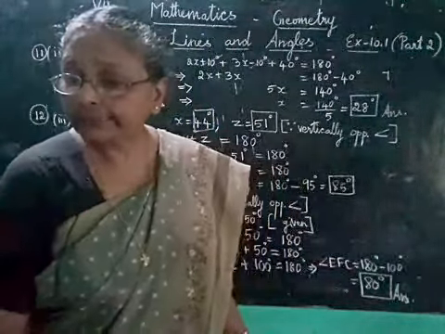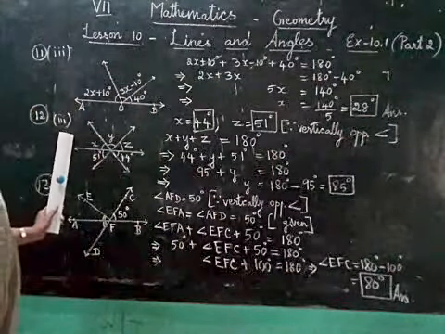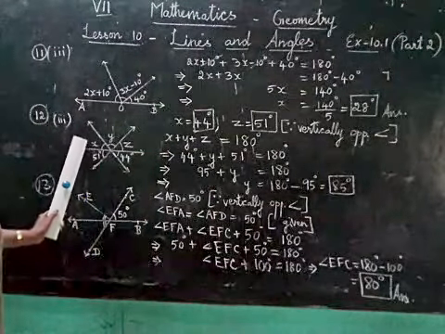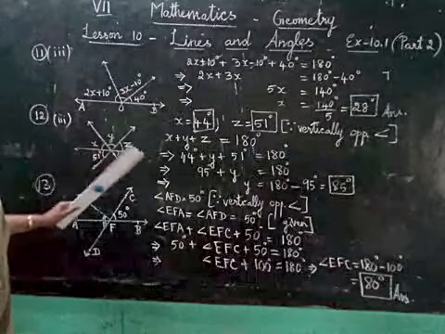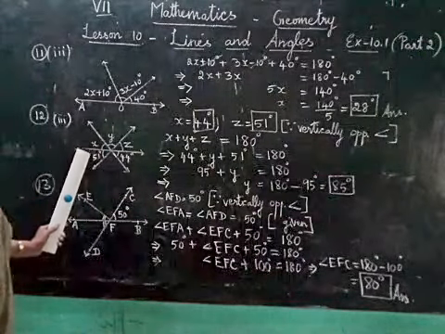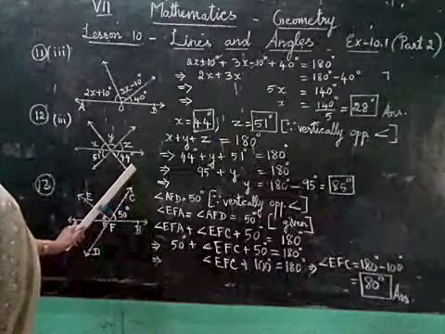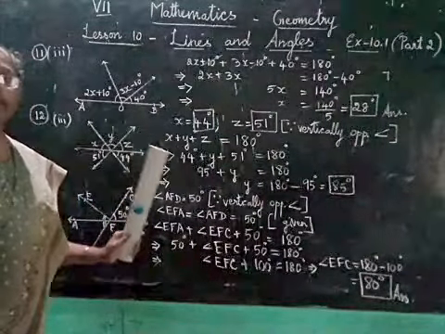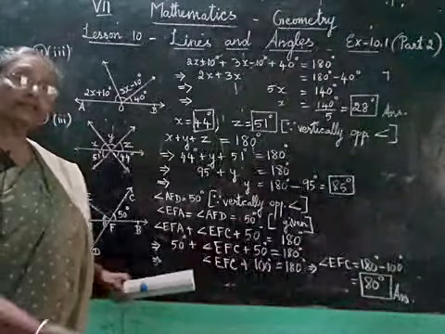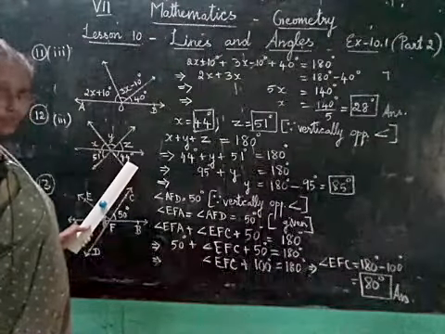Now you can see the third sum in your book. In the third subdivision, in 12th sum, third subdivision, here we have x, y, z. They are angles on the same side of the line, but we are given the values of angles 51 degrees and 44 degrees. So normally when we have to find out the values of unknown angles, we have to start with the known values.